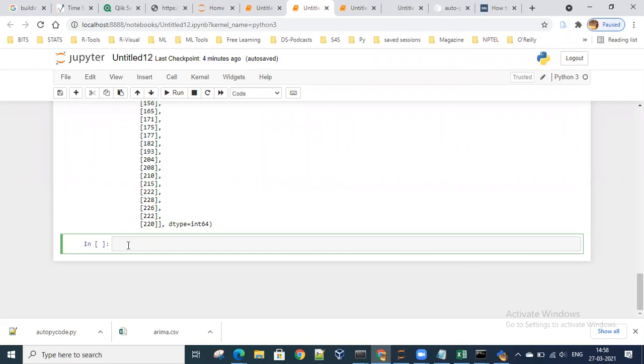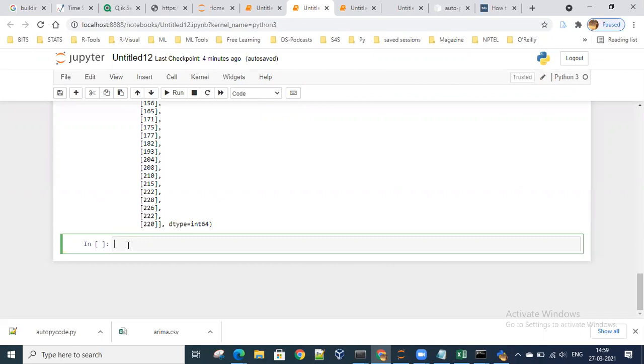As auto ARIMA is not available, we need to supply these values with hit and trial kind of a thing and try to identify the right values of P, D and Q. That is the basic thing that we need to do right now, as the auto ARIMA function through pyramid is not available.